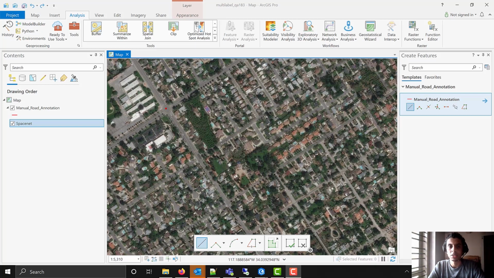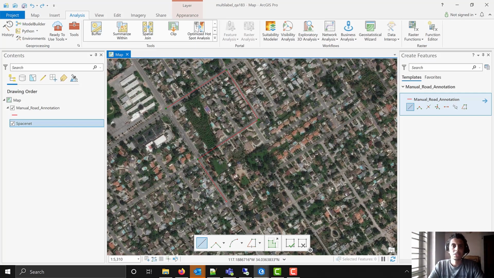from the underlying imagery. We as humans, when we annotate the road, perform two simultaneous tasks. One is we identify the road pixels, and then we also identify the directions in which the road extends, and we trace the road in the same direction. But as you can see, it's a painful task and takes a lot of time. Thankfully, now we have a deep learning model available in ArcGIS Learn, which can do the same thing for us. And it works on the same principles in which humans annotate the roads.